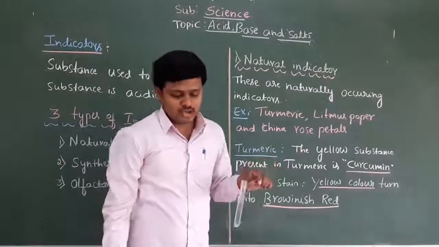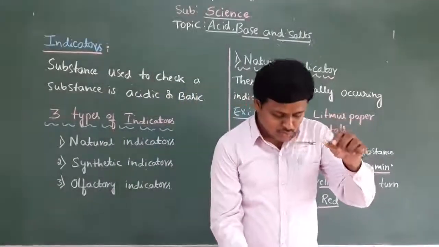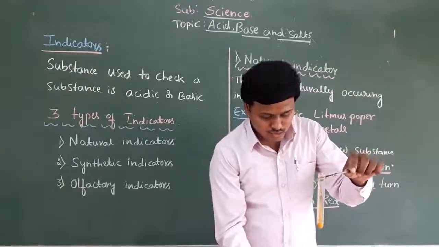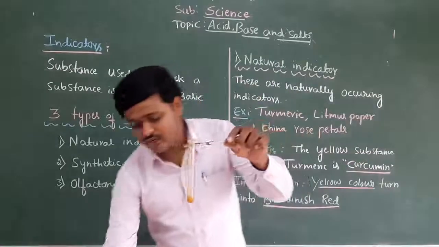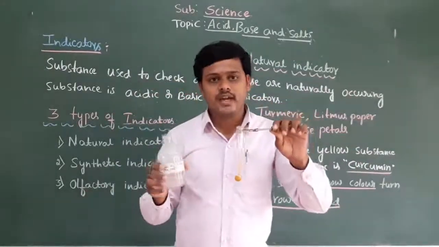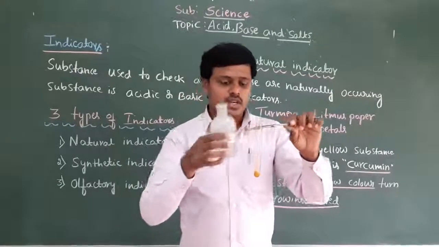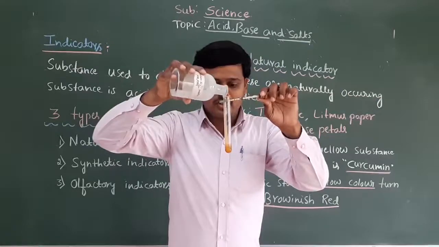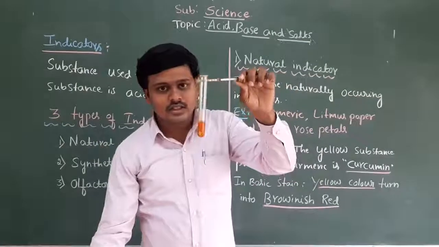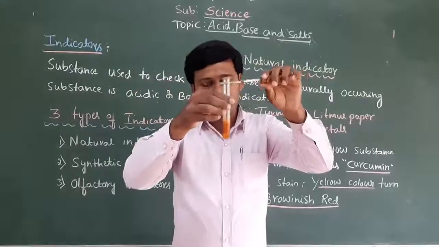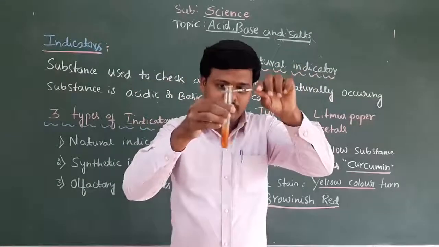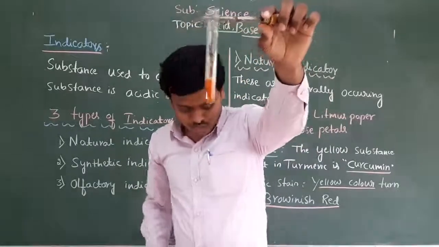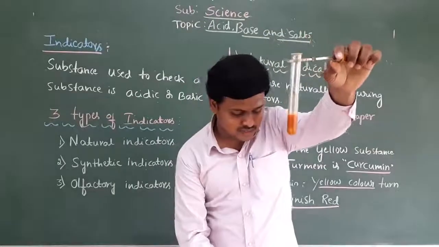Okay, so I am going to take a small amount of turmeric powder in the test tube. I am going to add only 1 teaspoon of turmeric powder. Then I am going to add some ammonium hydroxide. Ammonium hydroxide is a base, and it will be used for this experiment. Just observe it carefully. What color have you observed? See, when I add the ammonium hydroxide solution into the test tube containing the turmeric powder, it turns brown red. Have you observed it now? Before that, what was the color of the turmeric powder?